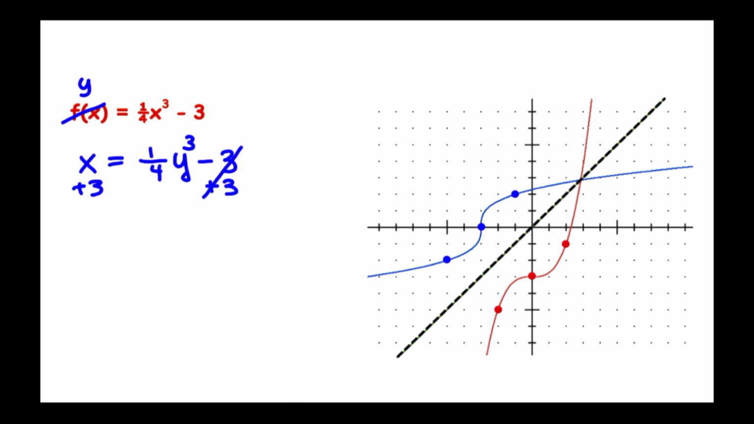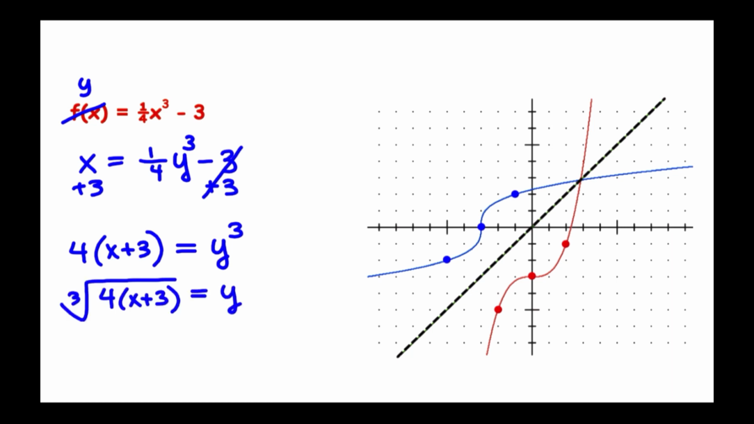Multiply both sides by 4. And finally, last but not least, cube root both sides. And then y will just change into the inverse function notation. And you can see if you graph that on a graphing calculator, you'll get the blue graph, which is what I did. And notice that inverse functions are symmetrical around the line y equals x, that dotted diagonal line that